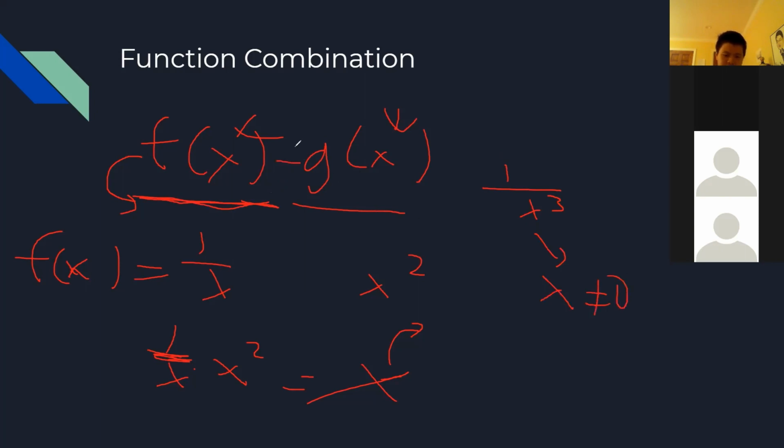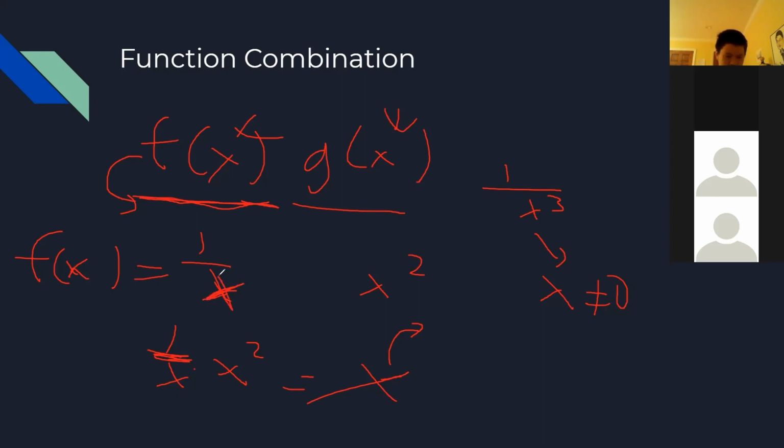If you had plus 0, never mind, that's also a bad example. Well, anything that's combined with f(x) can't have the